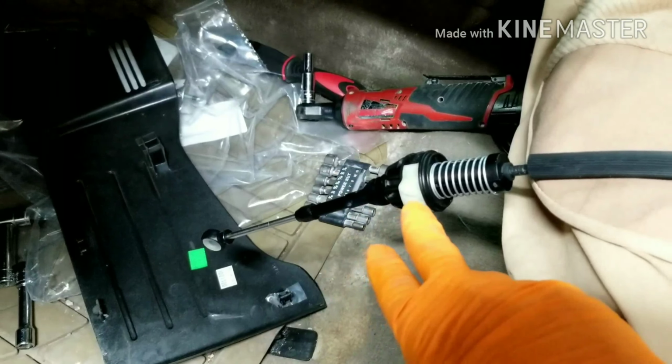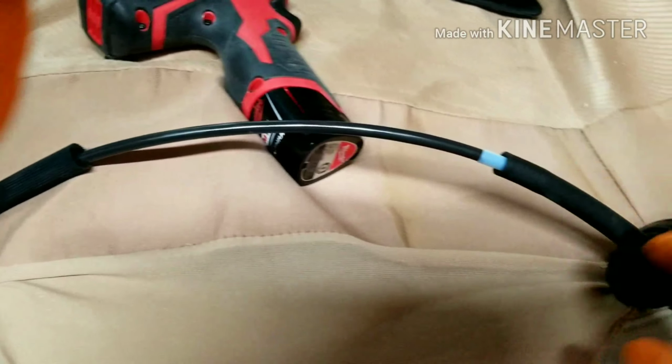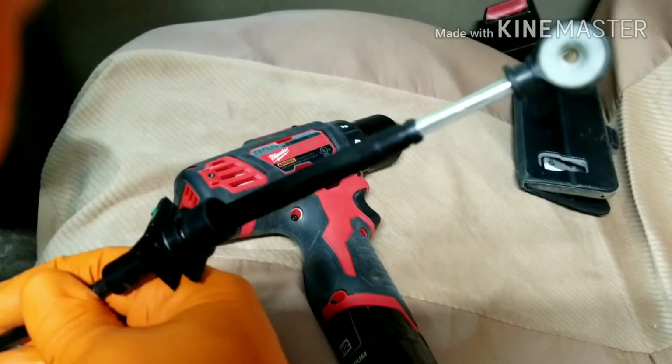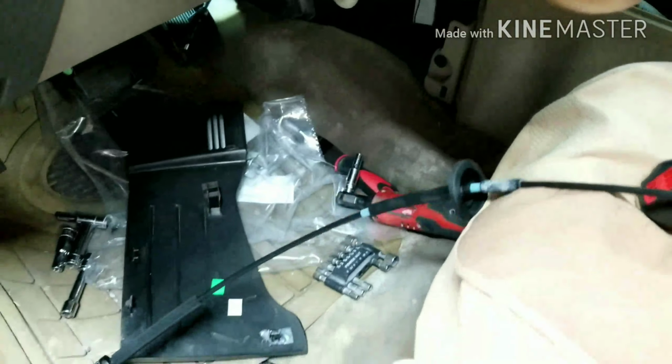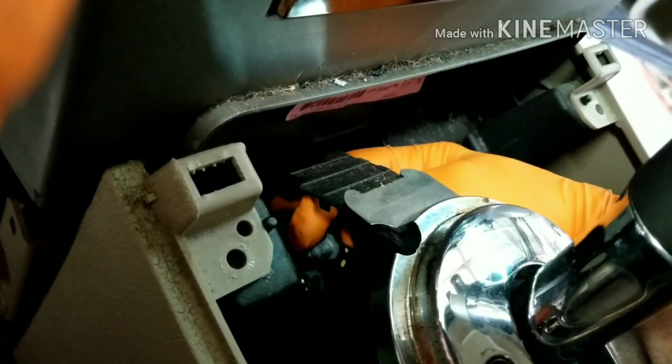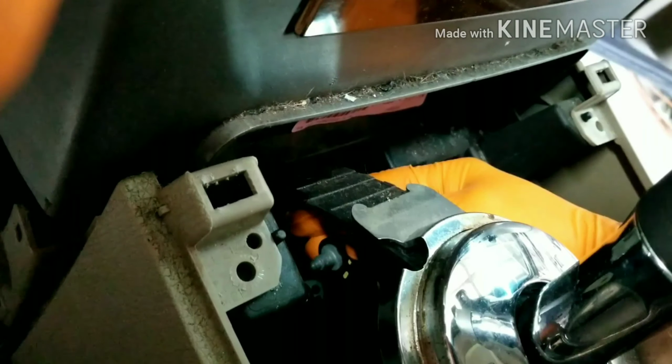This is the transmission side, and then it feeds up through here to the shifter cable. Okay, let me show you where we're at here. This is where it connects, right down in here. Okay, it's going to be hard to see, but the cable connects right. Get this to focus right where that little prong is right there. Okay, it snaps right on there, and then it feeds right through here,